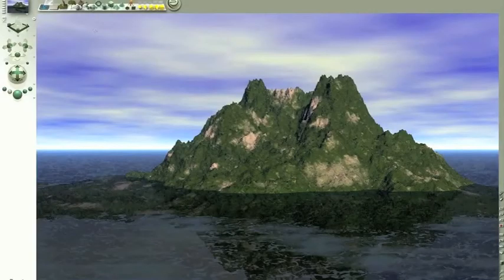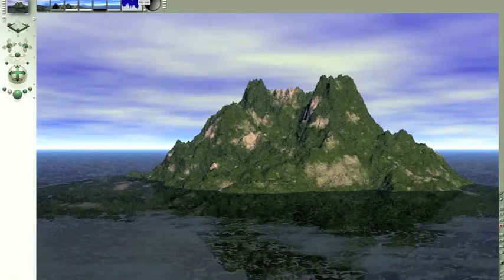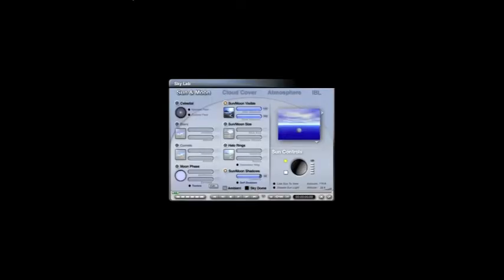And I'm going to come up here to where it says Sky and Fog and go to the tiny little cloud with the rainbow and click on that. Here we have the Skylab. This is the place where later on in the year you will be creating different kinds of suns, different kinds of moons, 2 suns, 2 moons, things like that, different types of cloud cover, different atmospheres, and you can control